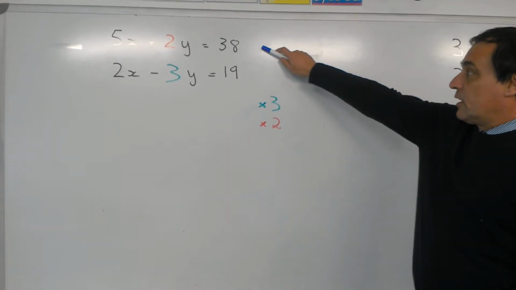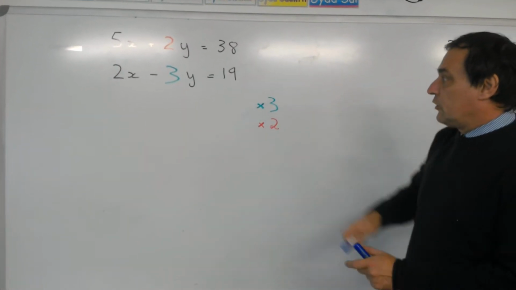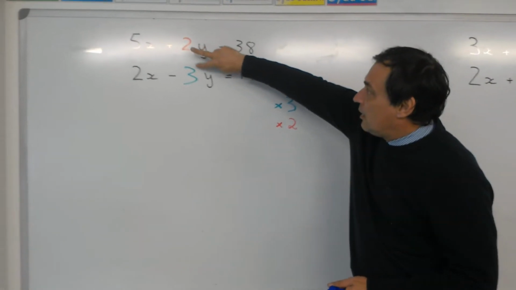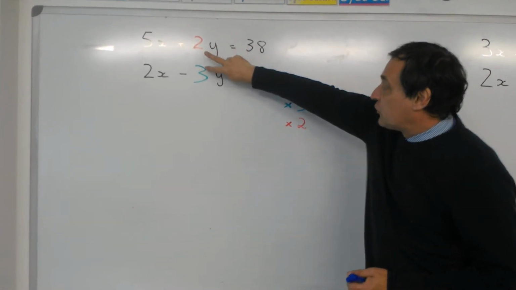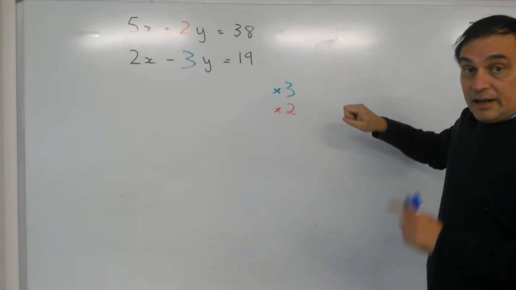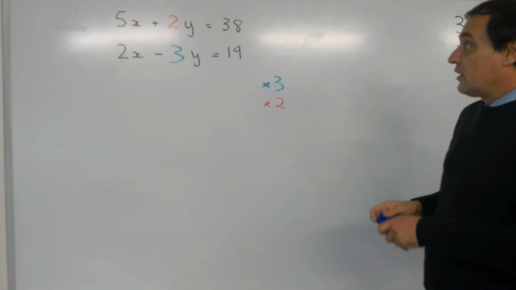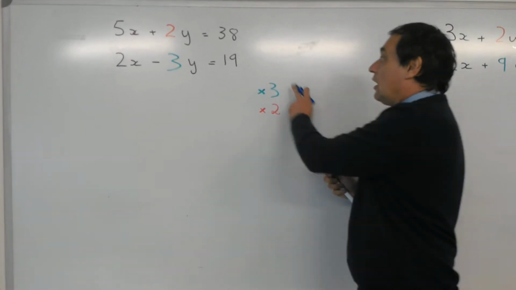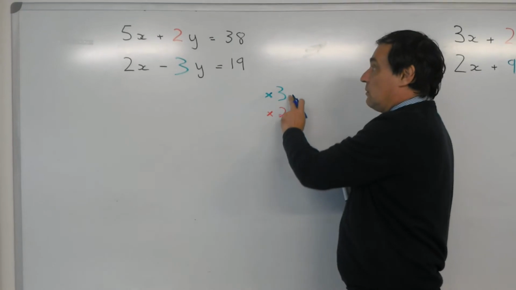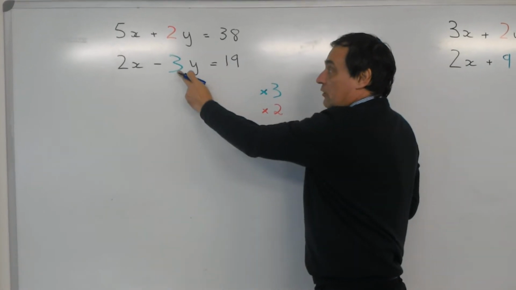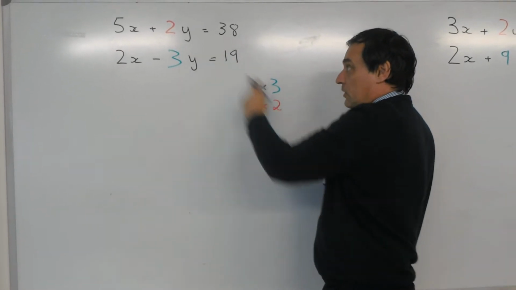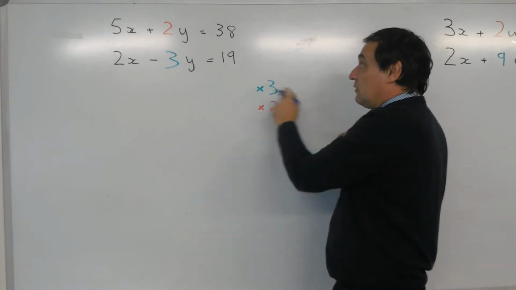If we look at the top equation, I'm going to multiply by switching partners here. So I've got this 2 and I've got this 3. So I'm going to multiply the top equation by the green 3, because I've got a 3 in the bottom equation. Remember, we're switching over here. So times it by 3 gives me